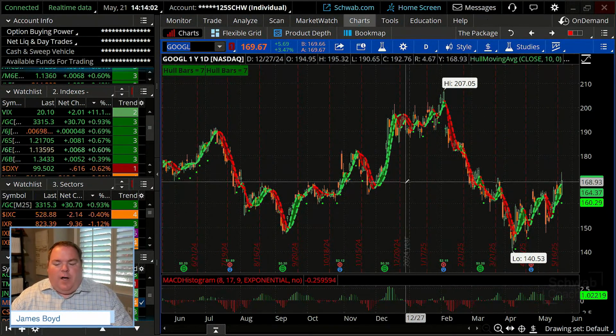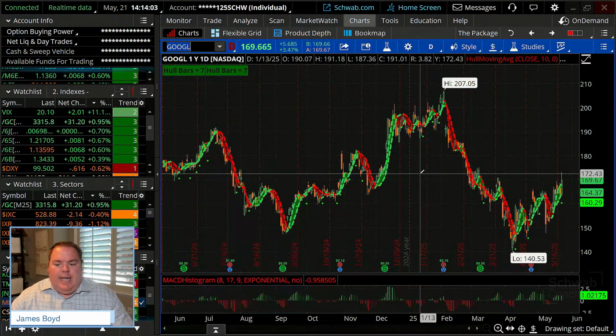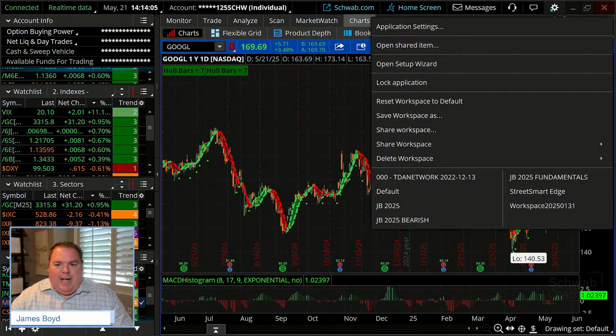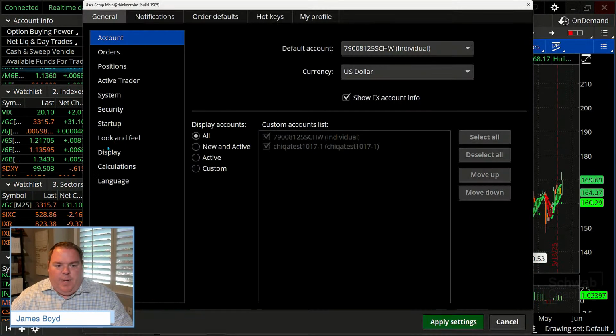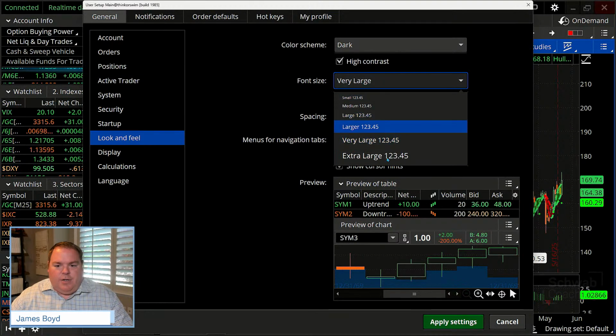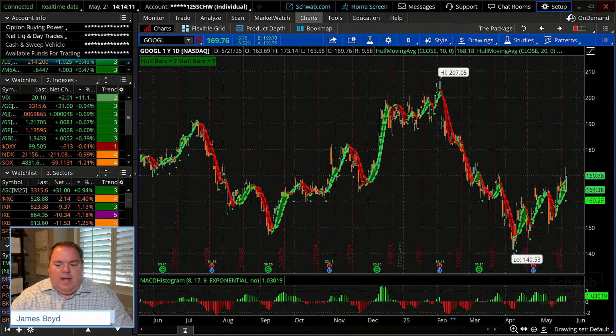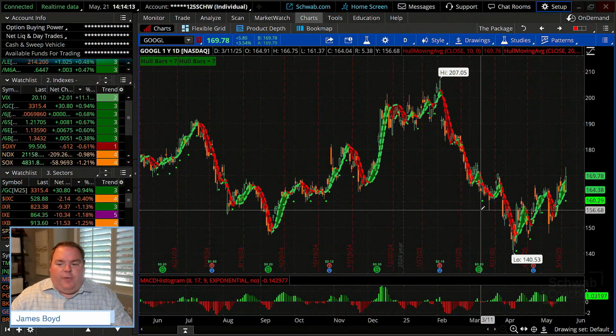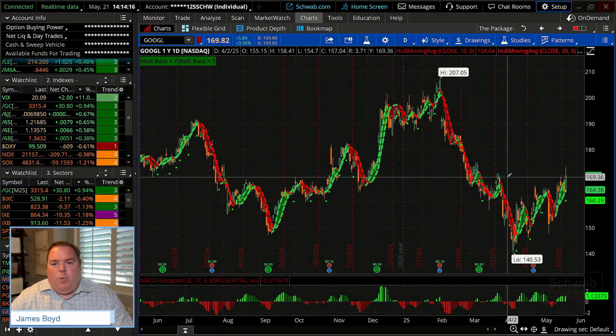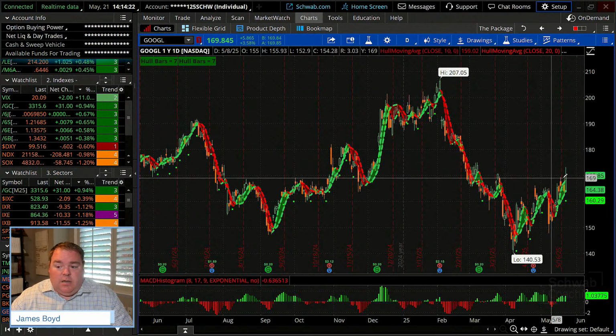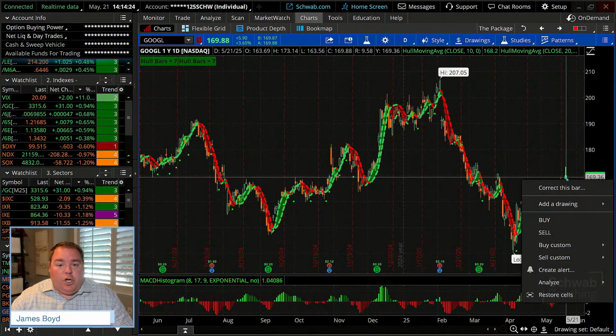Okay, so one of the functionalities of this chart is, let me back this off for just a hair because it's a little bit larger. Yeah, there you go. Now, the first thing you're going to notice is if someone wanted to buy the shares of the stock right on the chart, simple as it gets, right click on the chart, okay?